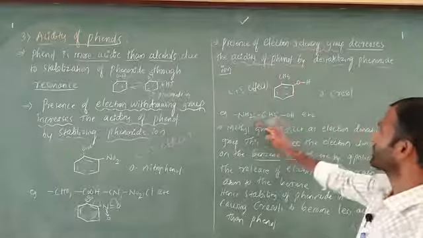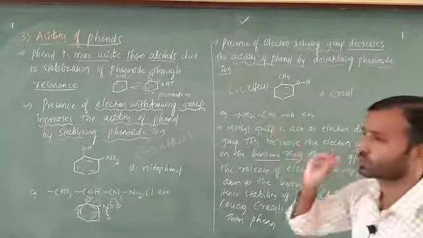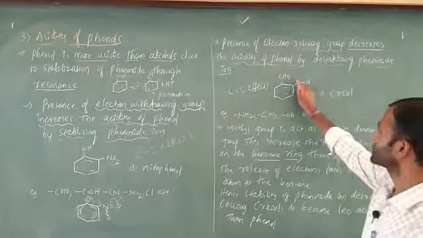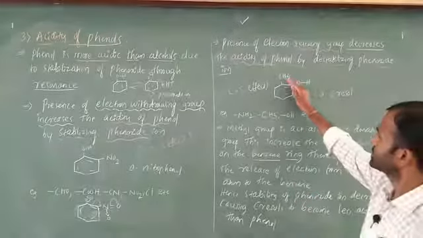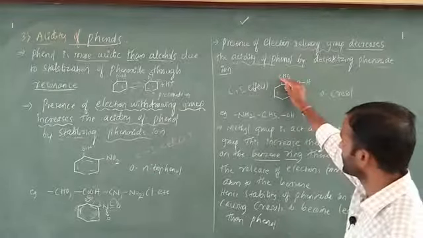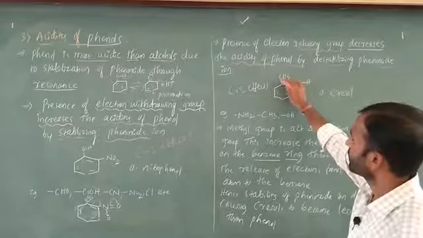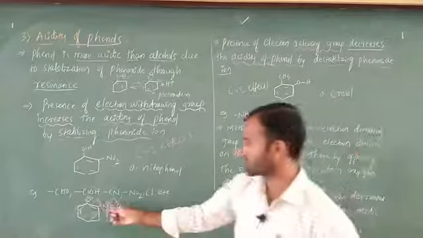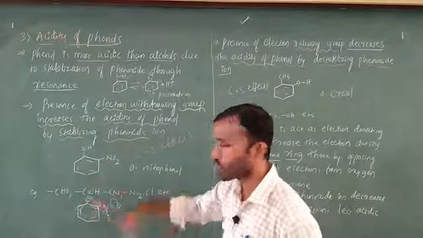Next, in this case, what happens? NH2, CH3, OH etc. act as electron donating or electron releasing groups. In this case, this usually has a lone pair of electrons. Here, this CH3 donates electrons. I will tell you the fact. Our aim is, if it is more acidic, it means hydrogen will go out easily. Here, automatically there is a formation of negative charge, and hydrogen will go out easily.